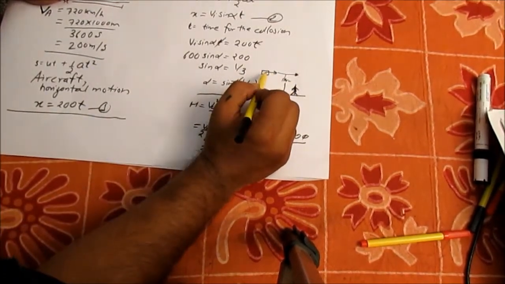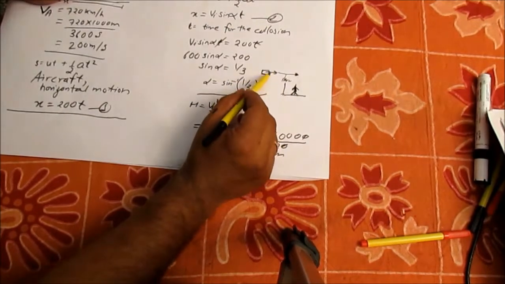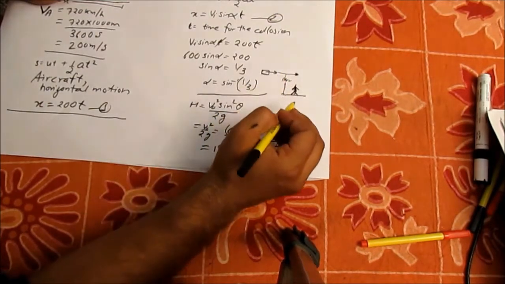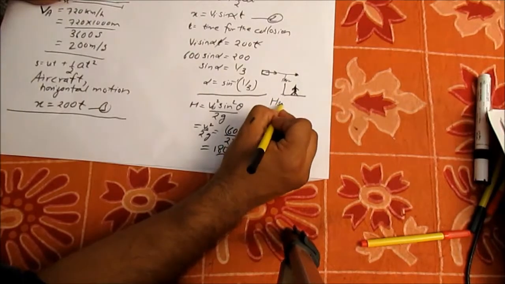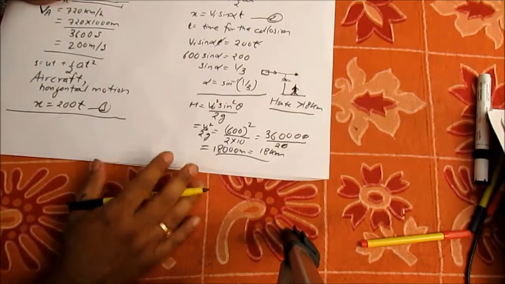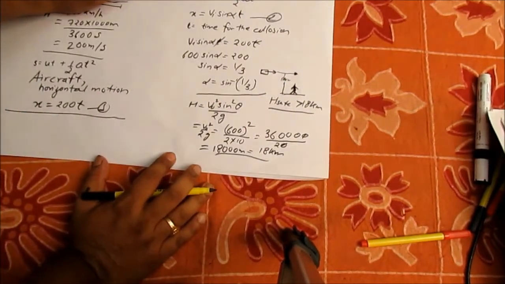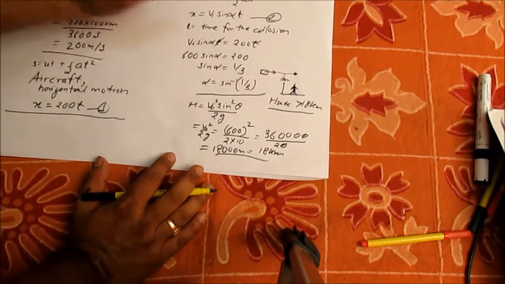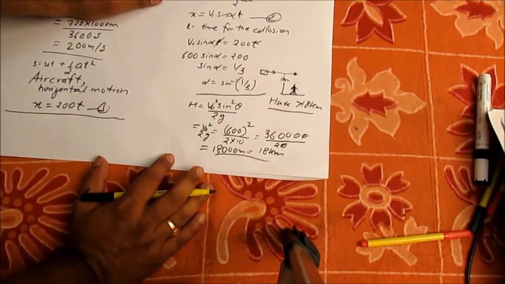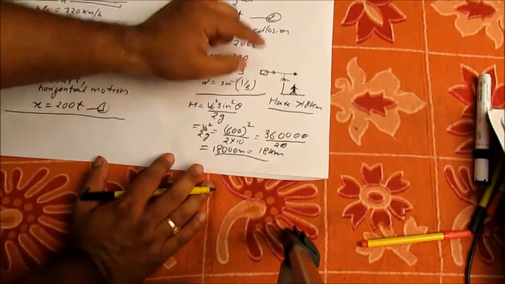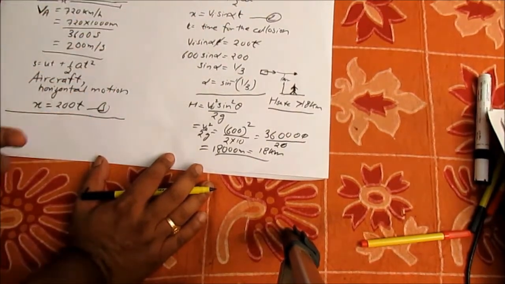But this plane should fly just above the 18 kilometers. So I can say the H safe will be greater than 18 kilometers, because this aircraft can fire at any desired angle theta. So it knows the maximum will be achieved when theta is equal to 90 degrees. So it will make an angle of 90 degrees and it can go up to an 18 kilometer distance. So this plane will fly just above the 18 kilometers.